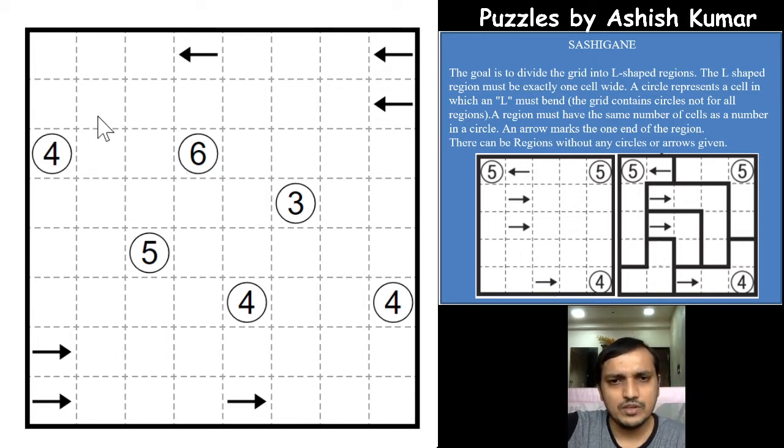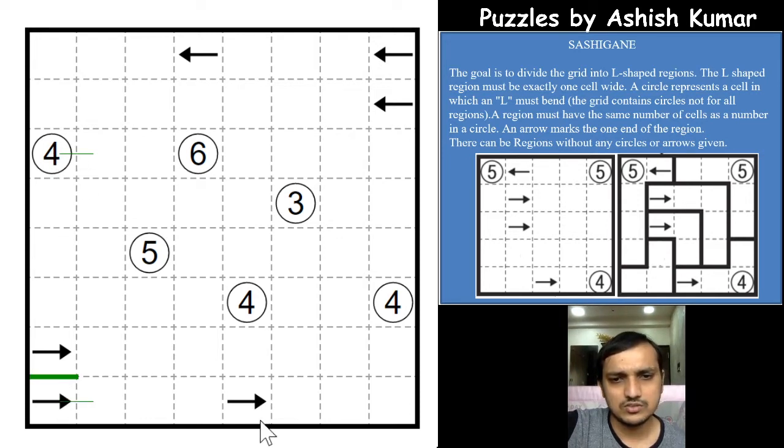Let's solve this puzzle. Now we know that the circle is the bend of the L shape, and if this cell is not part of the circle, then the circle has to go straight in both directions and doesn't form a bend here, right? So at any point of the grid where one of the adjacent cells is not part of the circle, then the opposite adjacent cell has to be part of the circle. So this is part of the circle, and this point will either go up or down to form an L shape at the circle.